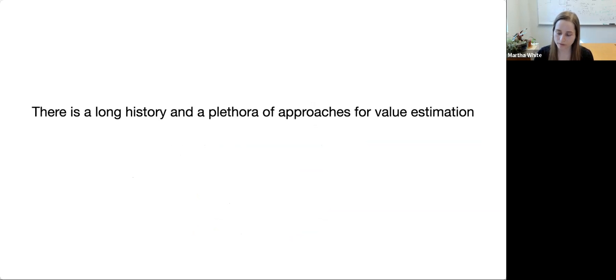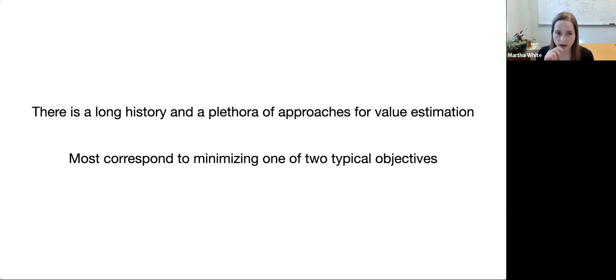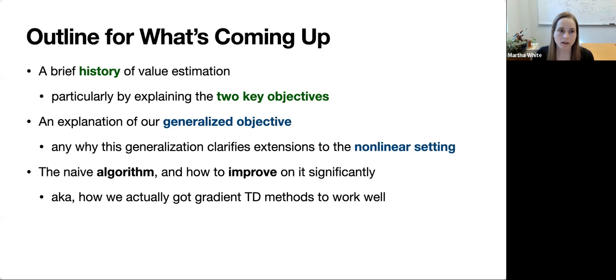So there's a long history of approaches for value estimation. And many of these approaches actually correspond to minimizing one of two typical objectives. So I'm just going to tell you about those objectives rather than about the many different algorithms that exist out there. Okay, and so this is sort of where now I'm actually going to start